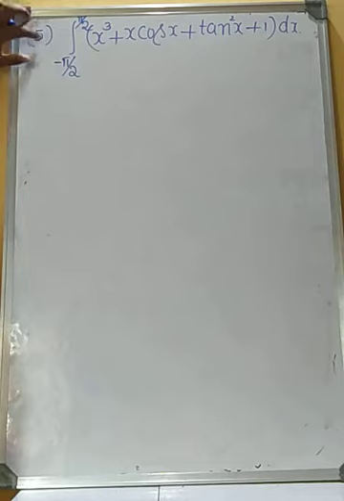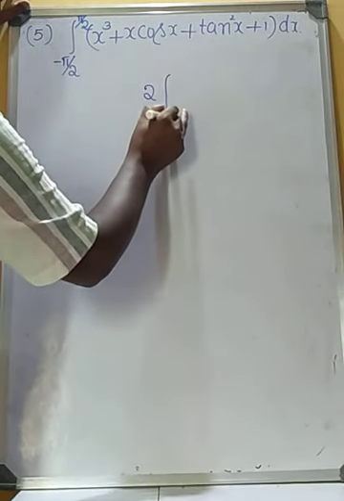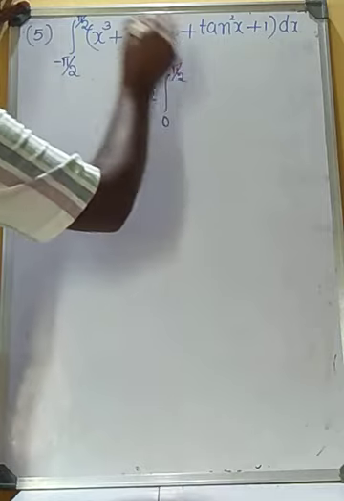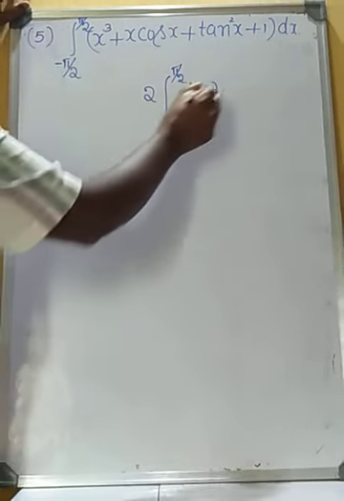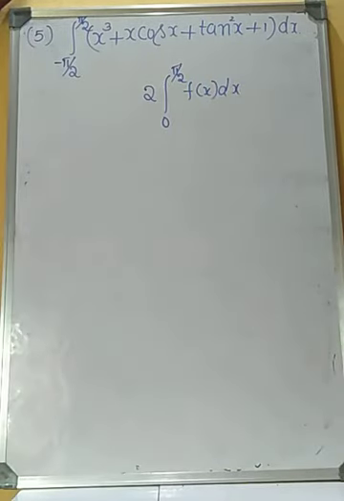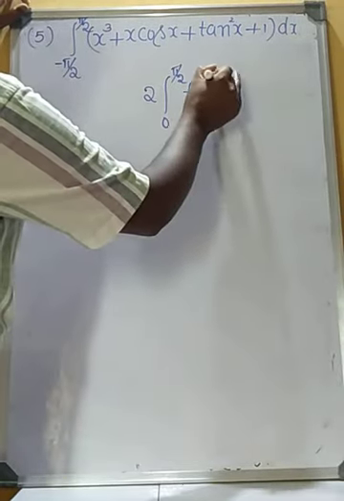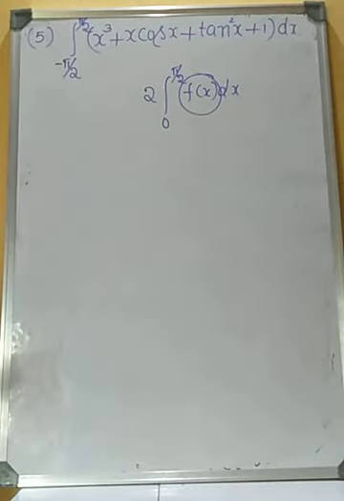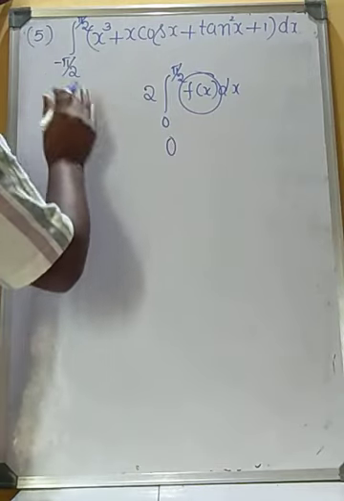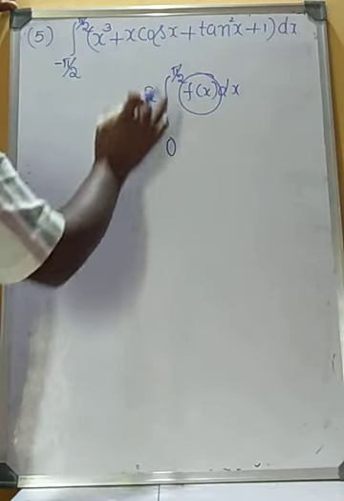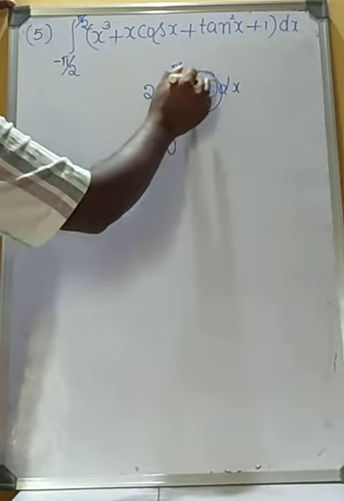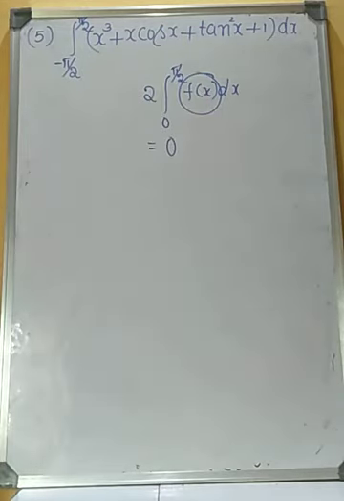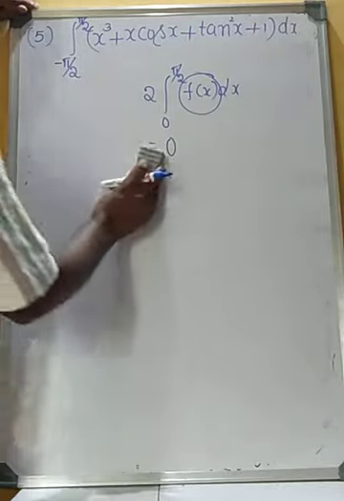You know property 8: integral from minus a to plus a of f of x into dx is equal to 2 into integral 0 to a of f of x into dx, if f of x is even. The integral from minus a to plus a of f of x into dx equals 0 if f of x is an odd function. So by using property 8,